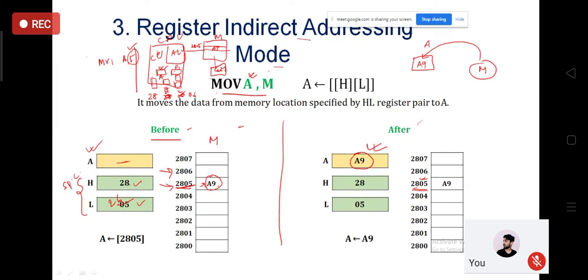Now, after the move instruction, move this to this. It means move the content of memory to this. So this is going to be a branch, right? Some branching is there. So you can find out that this is going to be moved to this. Now is it clear to you?